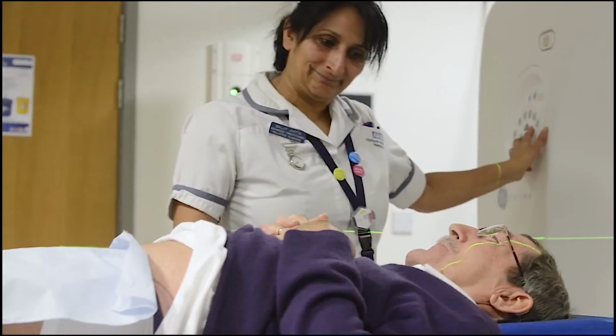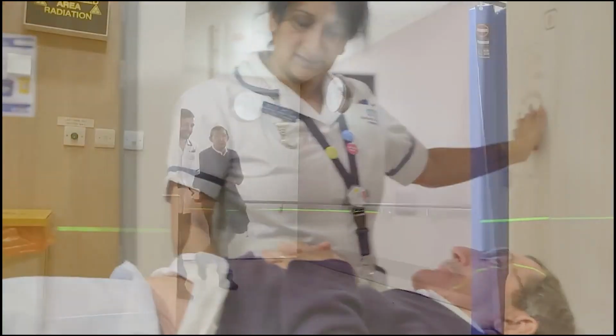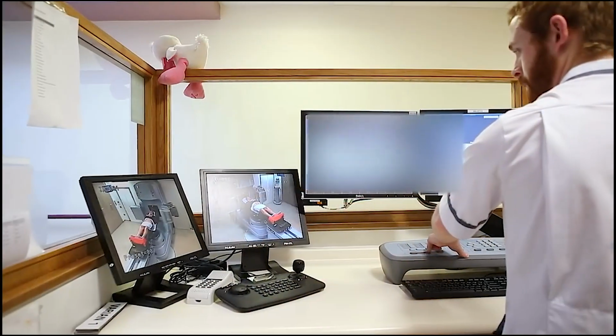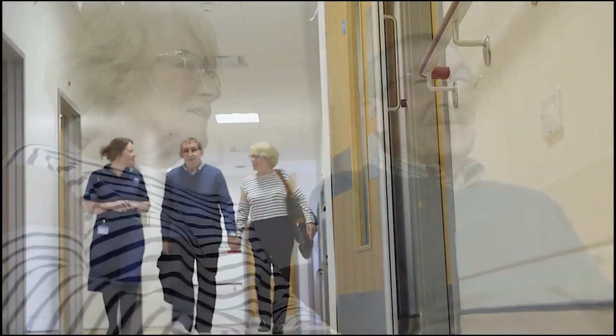Basically, everything has worked out as the oncologist described to me how the treatment would be, how long it would take, the number of weeks it would go on for. Everybody really is kind and treats you really well. You feel like you're in good hands. The system runs very smoothly and no problems whatsoever. My tip is just carry on as normal. Do whatever you normally